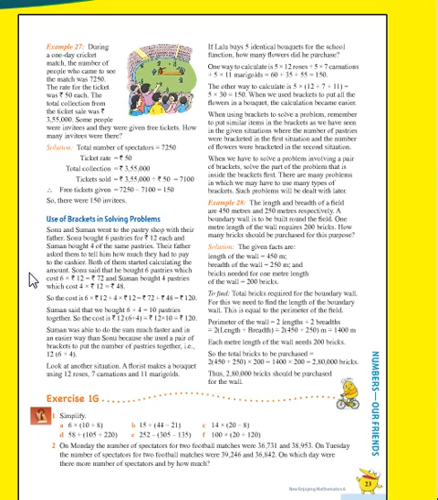Suman said that we bought 6 pastries plus 4 pastries, which equals a total of 10 pastries. That means Sonu's 6 pastries and Suman's 4 pastries: 6 plus 4 equals 10 pastries. So the cost is 12 into, take a bracket, 6 plus 4. Inside the bracket, 6 plus 4 is 10. 12 into 10 equals 120 rupees.